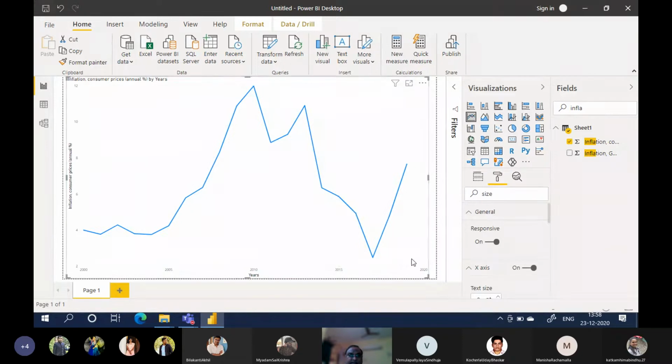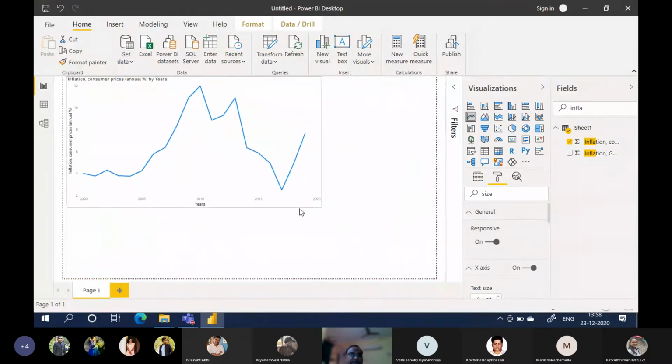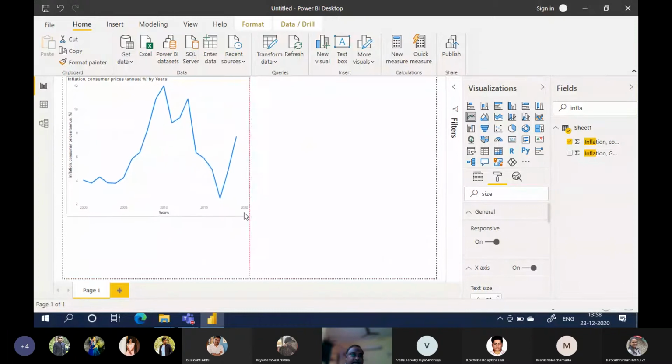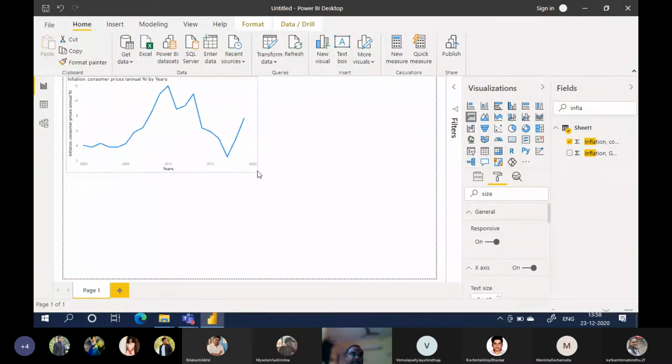So I have done the data for 2000 to 2019. This is my graph of inflation from 2000 to 2019. Okay, all of you got the inflation graph?